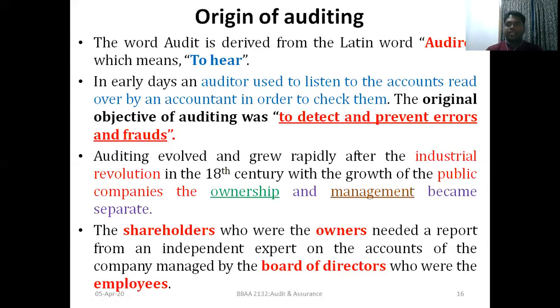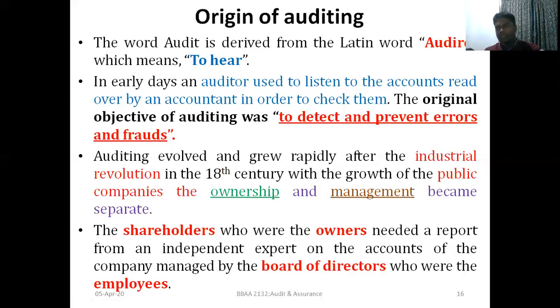The board of directors are the body elected by the shareholders, and they receive a salary from the company, so they are the employees of the company, but the owners are the shareholders sitting outside. After 12 months, this elected body, the board of directors, had to submit an account to the shareholders, the owners. But the problem is that the owners never believe these employees, because these people prepare the financial statement.